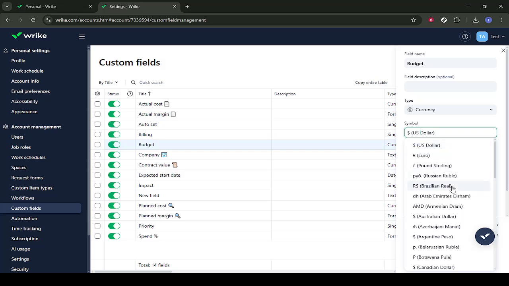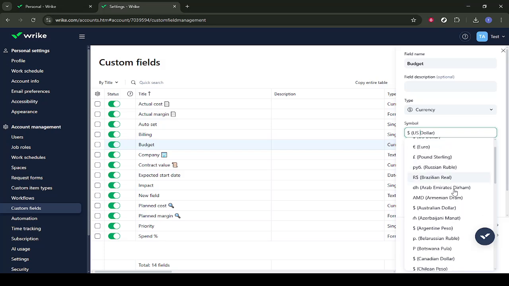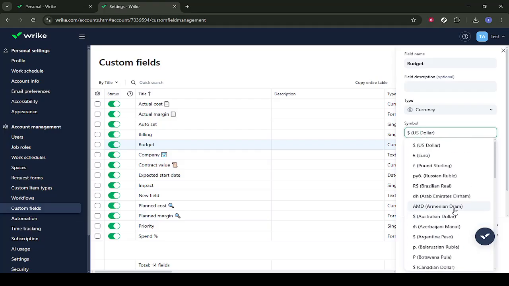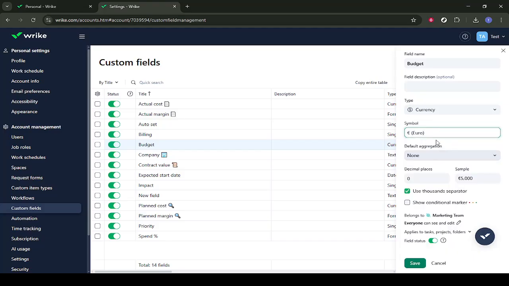Choose Symbol, then select the Euro option if you want amounts displayed in euros. After confirming that, use the highlight again to switch and select the US dollar if that's your standard. Click Symbol once more to finalize how the currency will appear next to your numbers. Next, adjust the value format by clicking the highlighted options. Then choose the sample value, such as $5,000, so you can see exactly how your numbers will look in tables